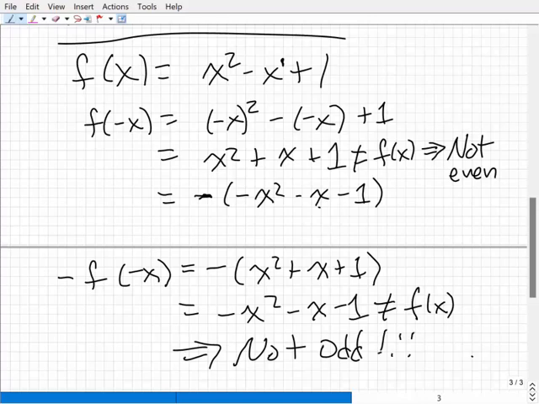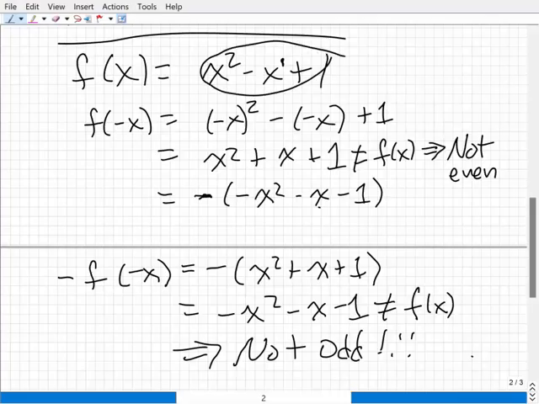And again, how do we look at it and tell? If I replaced x with negative x, here it wouldn't make a difference. Here we would get an extra minus. So to be even, all the minus signs would have to go away. Now, what about odd? If I replace x with negative x, to be odd, every term would have to give me an extra minus sign, so that